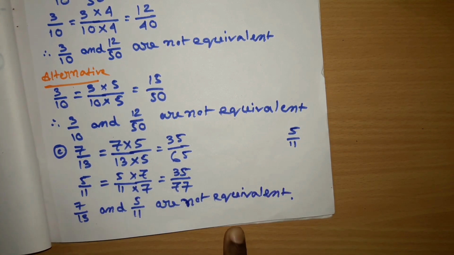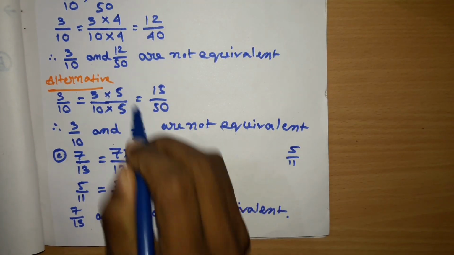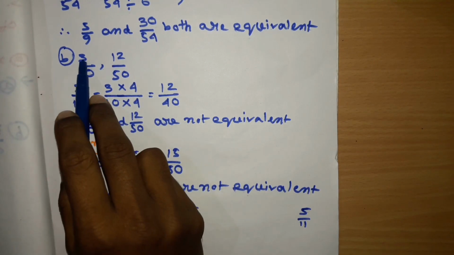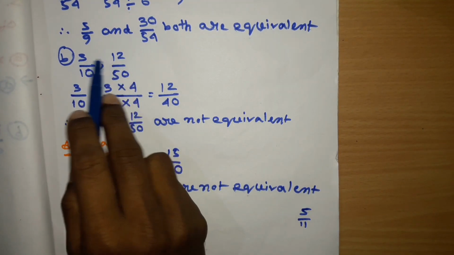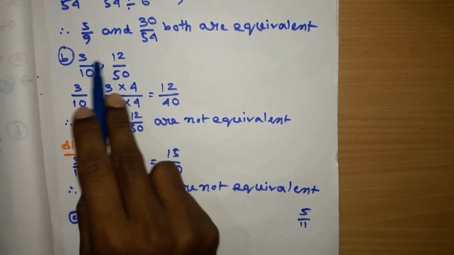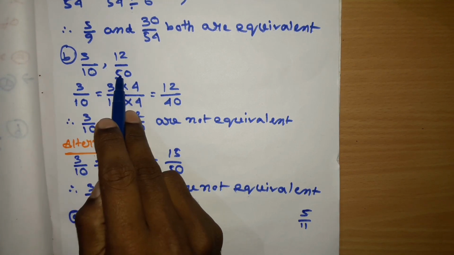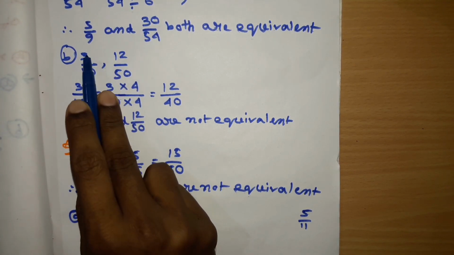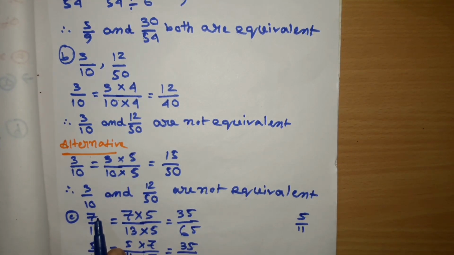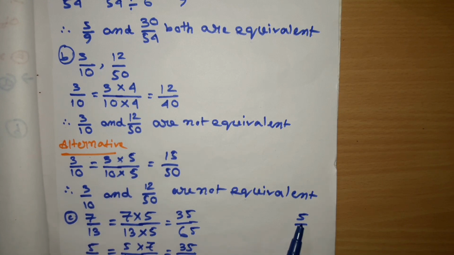Now here the question may come to your mind, that earlier, what happened? Both 3 and 12, this 12 comes in the table of 3. So that's why we multiplied with 4, and then 10 into 5, 10 5s are 50, 3 4s are 12. Now what happened, 7 and 13, for 7 and this 5,